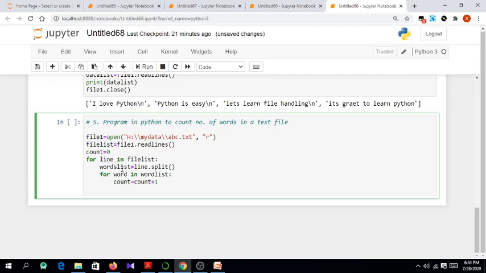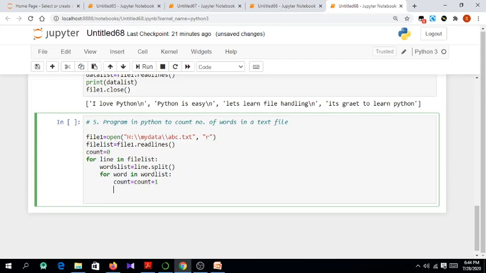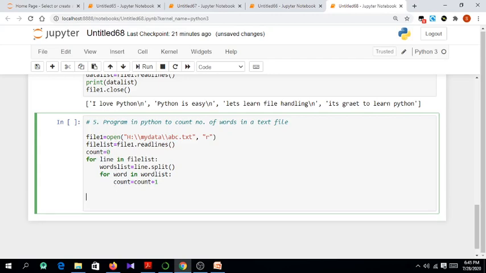Each line is first split on the basis of space, so we get the words present in each particular line, and for each word in the word list, for each line, we are increasing the count. So line by line this count is going to increase.